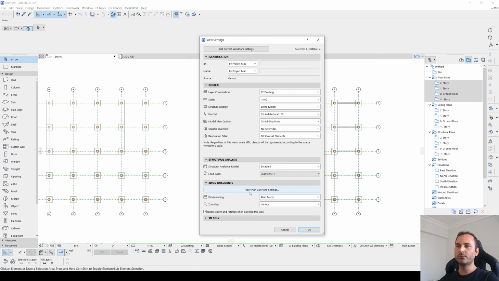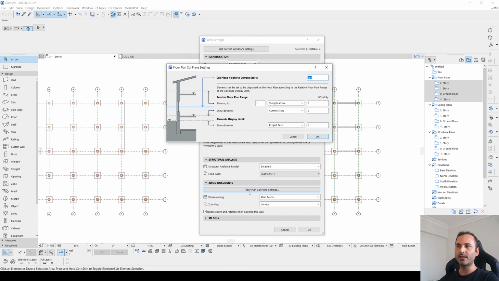From here, you will click this floor plan and cut plane settings. We have this show down to current story offset by 50. Now it behaves as if our ground floor foundation story height is 150.